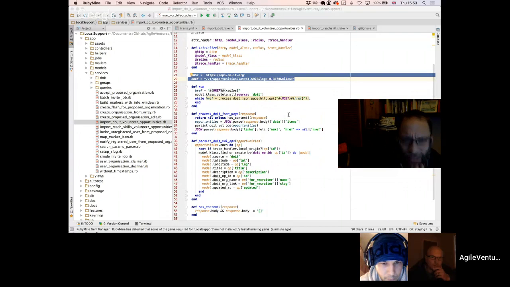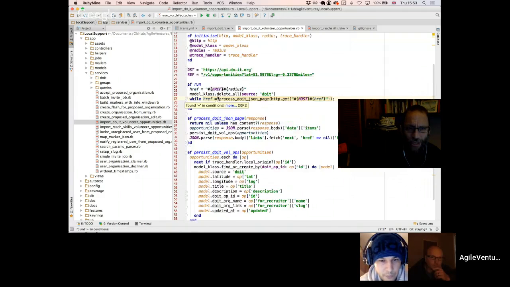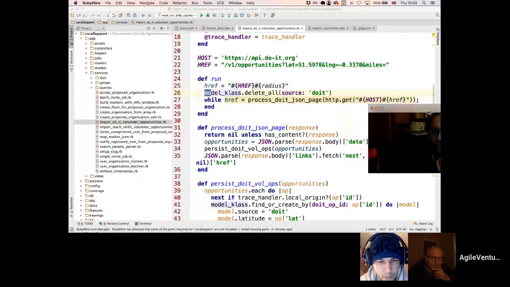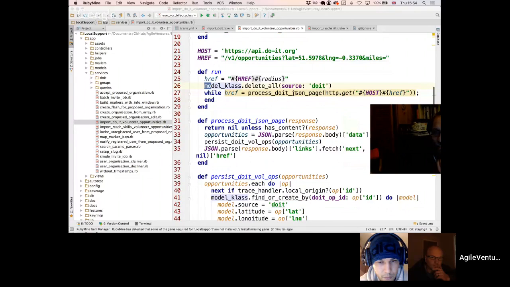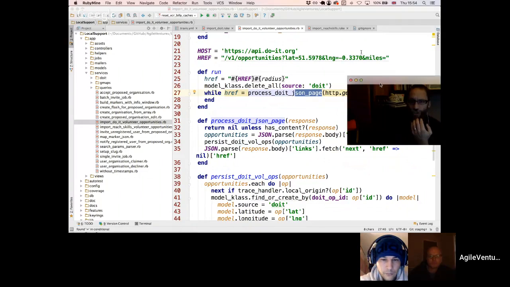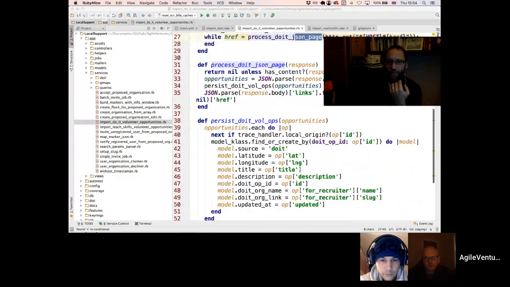We actually delete all of the existing ones and recreate them each day so that old opportunities that have been removed from the remote site don't hang around. Yeah, you can see here, it's there on line 26. Yes. So we delete all of the Do-it ones, and then we grab the JSON data, which might be over multiple pages of JSON data, process that, and then for each item in there, we end up recreating